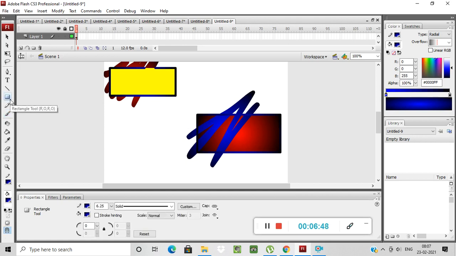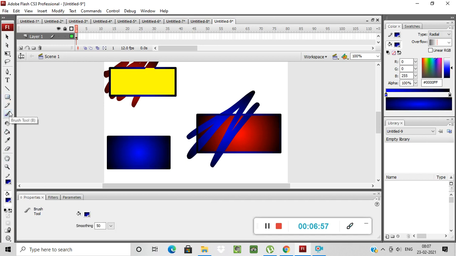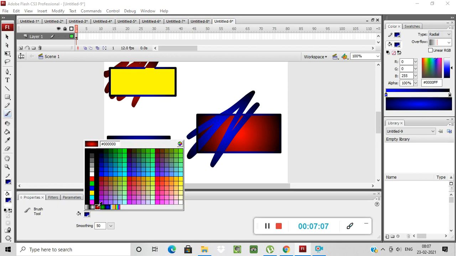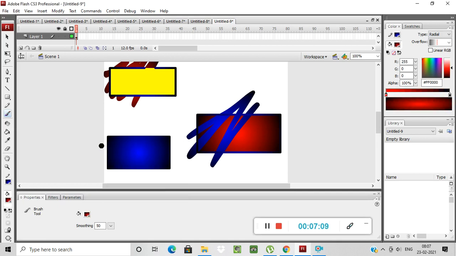Next, again I am drawing one rectangle, then again I am choosing a brush tool. You can select any paint mode, paint behind. You can select the color and change the color.